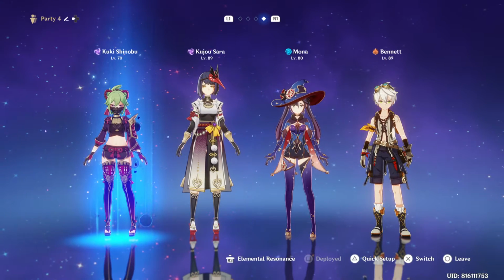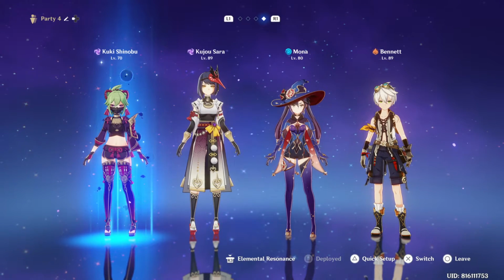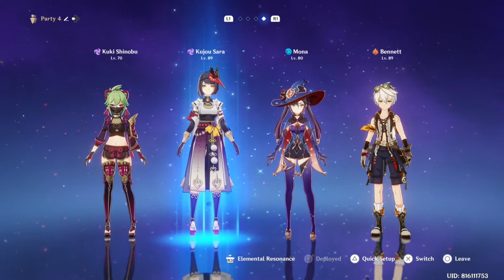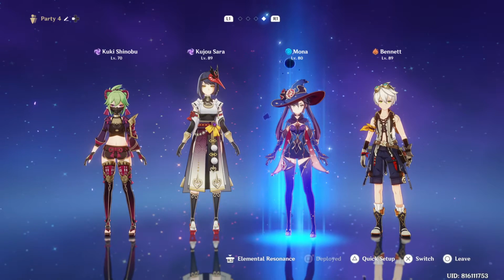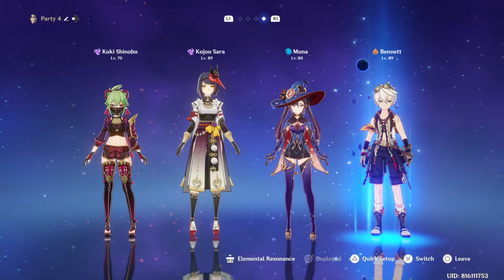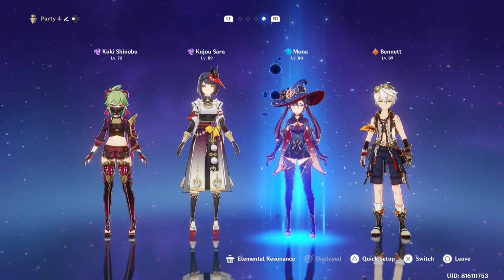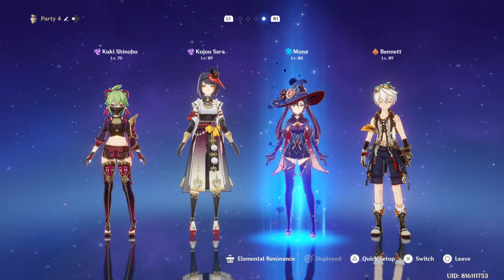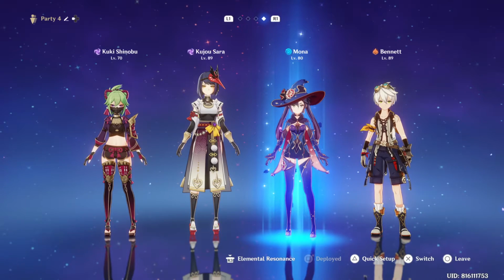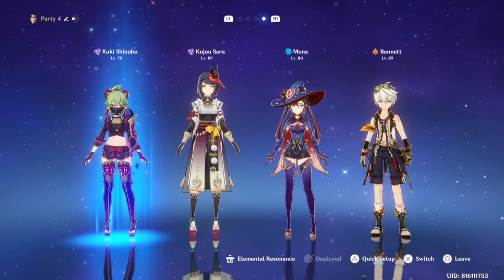For burst Kuki, I think this might be the team that I can recommend. You have a lot of energy generation here with dual electro, and you have Mona to apply hydro, Bennett to apply pyro and buff the team, heal the team, while Mona can buff the team's damage with her burst while applying hydro for reactions, and then use the Thrilling Tales or Dragon Slayer. So the rotation might be